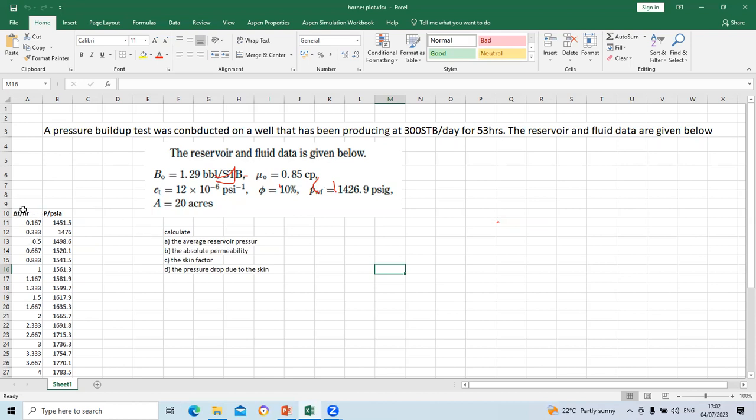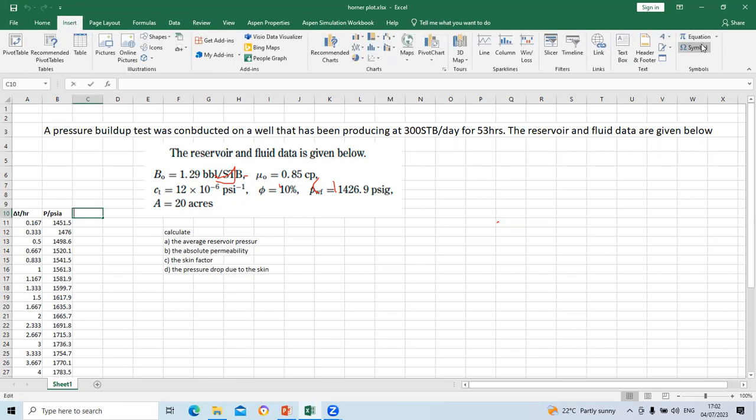So our pressure here is already written there. Our shut-in time is in hours, so this pressure is in terms of hours, and this is our production time. What we are first of all going to do is calculate the Horner's time. The Horner's time is,